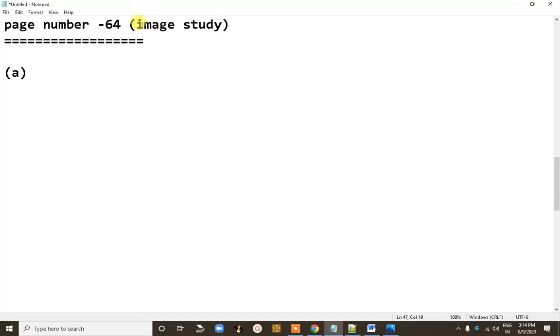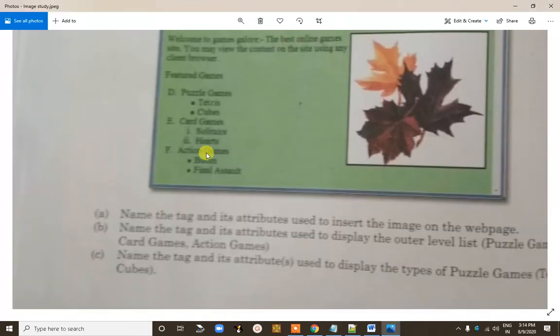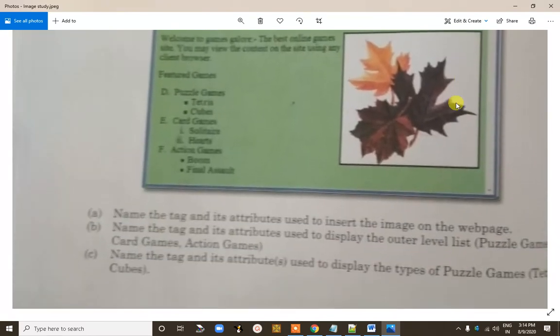Now for the first question, what is the answer? One web page is given. The question is: name the tag and its attribute used to insert the image on a web page.